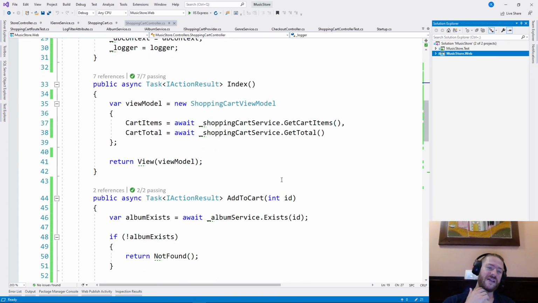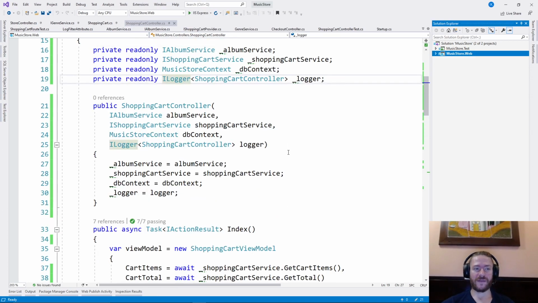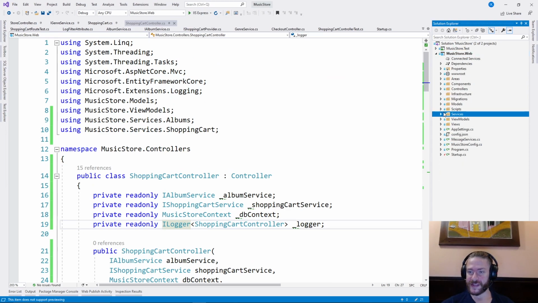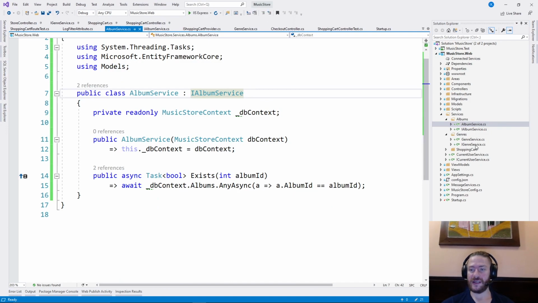But the whole idea is think about whether a class, a component, a function, a variable is doing one thing and one thing only, and think about the coupling between your classes. If the coupling is on interfaces, that's not a coupling. You can easily change it